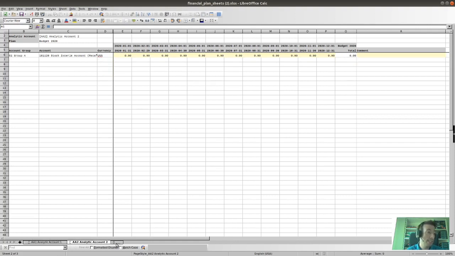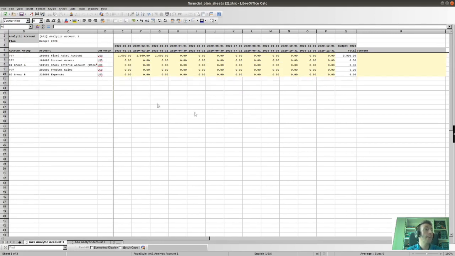Okay, we have 3 sheets, and in each sheet we have all the information that was in Odoo. So this specific 1000 here represents the planned amount for this analytic account, this currency, and this period.